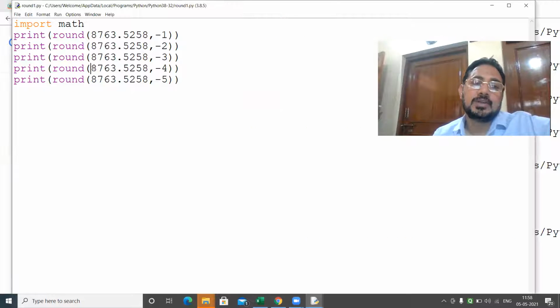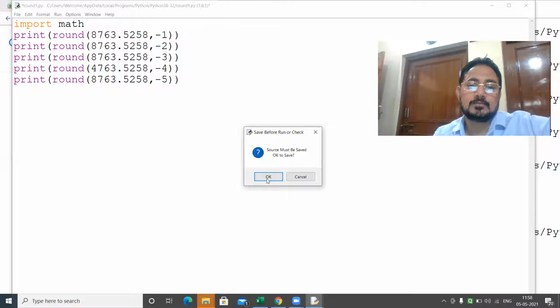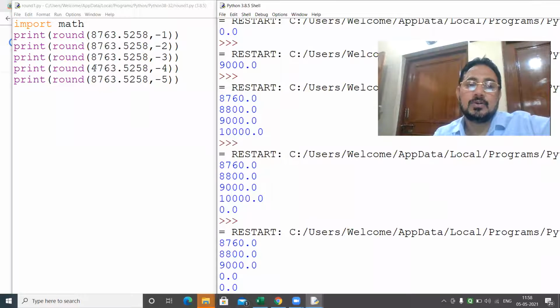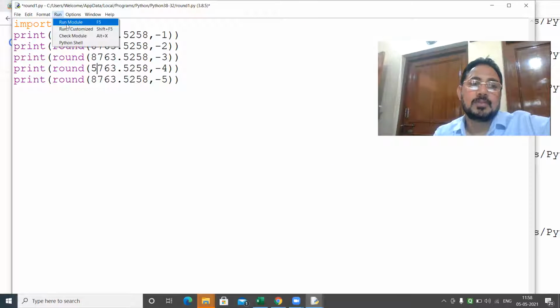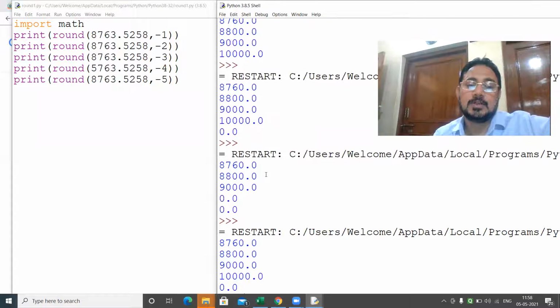Okay. If it is suppose 4, let's see here, then 00. If it is 5, then check. 10,000. So if this fourth digit is 5 or more than 5, then it will go to the next, and then that will go to the next.